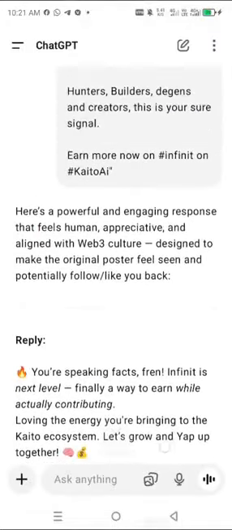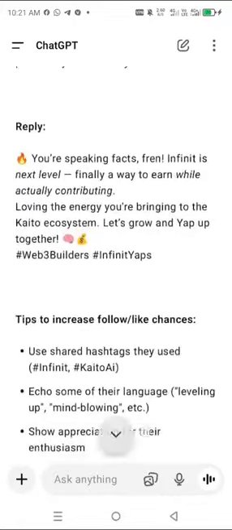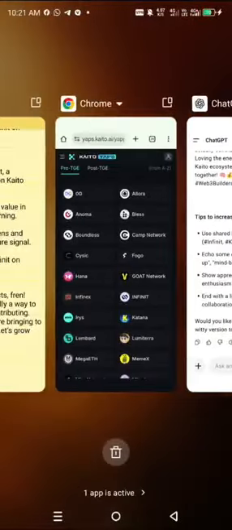All right, so you can see it here, how to respond to this. Okay, so you can see that's the key. The prompt is actually added to the post, and that's all you need. All right, then the last point is how to share your link on our WhatsApp group.